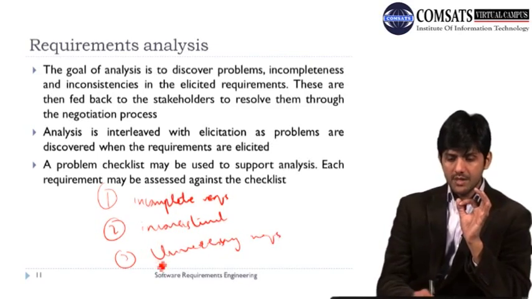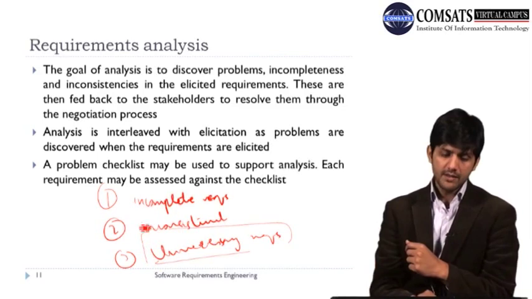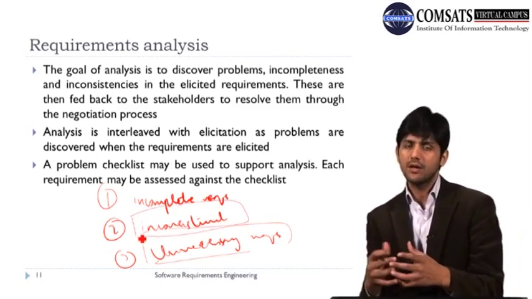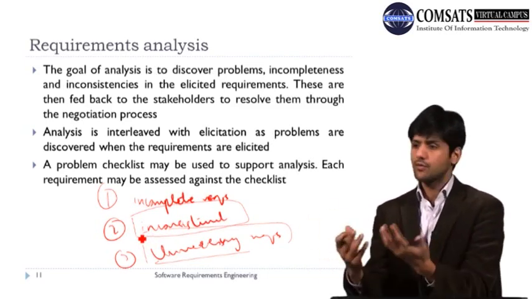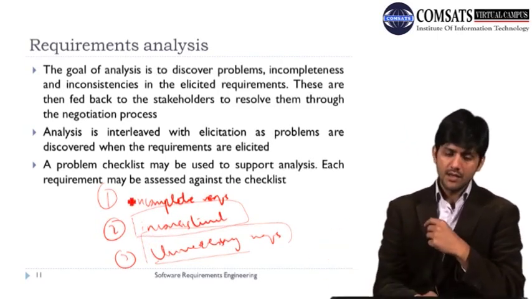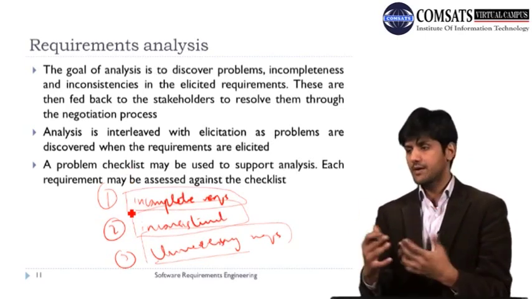So by unnecessary requirements, we mean that these requirements cannot be done in the limited resources that you have. By inconsistent requirement, we mean that you have a requirement where one stakeholder is saying, okay, do this thing in this particular fashion, and the other stakeholder is suggesting something else, and those two are conflicting with each other and they're not consistent. And the third one is incomplete, that a certain thing, for example, a user say, one of the